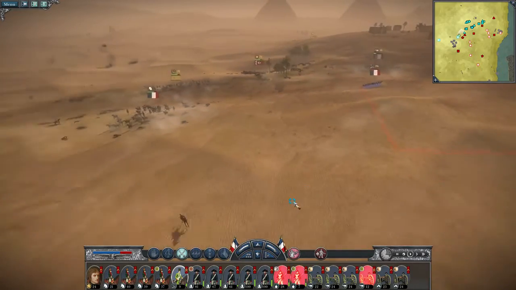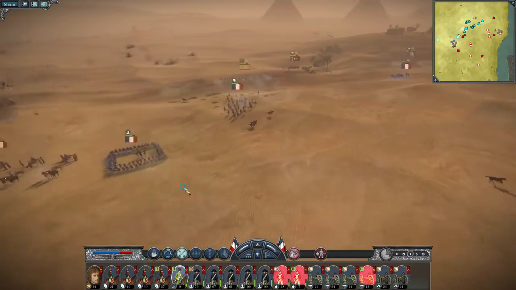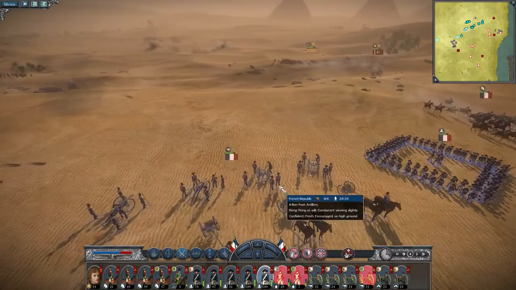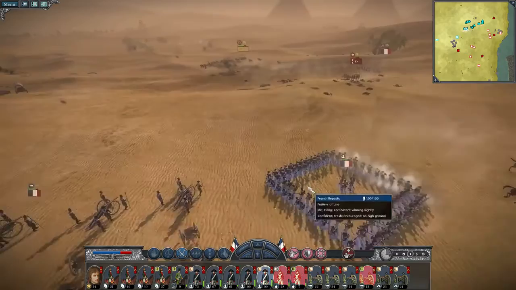Oh, jeez. Oh, that cav. Go back up to commander again. Now, actually, what you're saying is historical, because the square would be around the artillery, and then the artillery would stick out the sides, but it's probably easier for the game, so